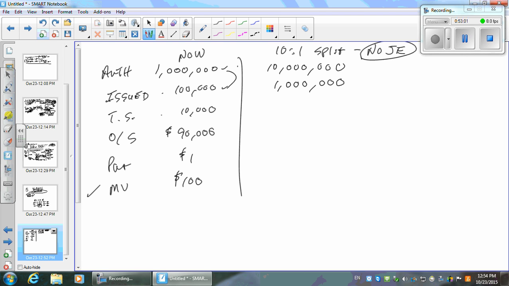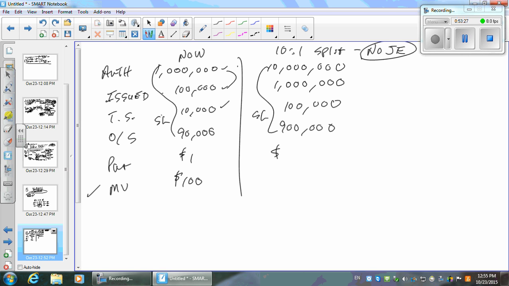If there were 10,000 treasury shares, how many do I give myself? 10 for each one. What's it going to be? 100,000. So obviously 1 million less 100,000 is what? Shares, not dollars. Okay, then what? 900,000. Everybody agree? See, it's all just 10 times as many. Each of these are shares. Now, this is where it changes.